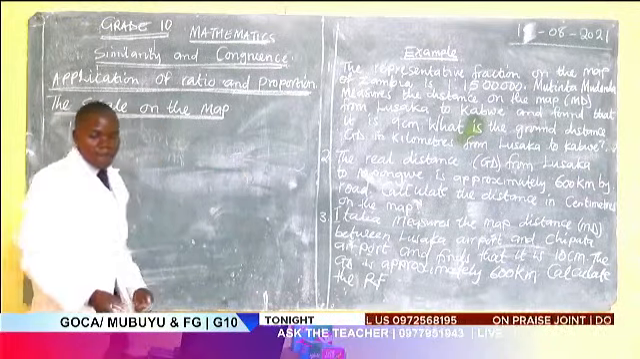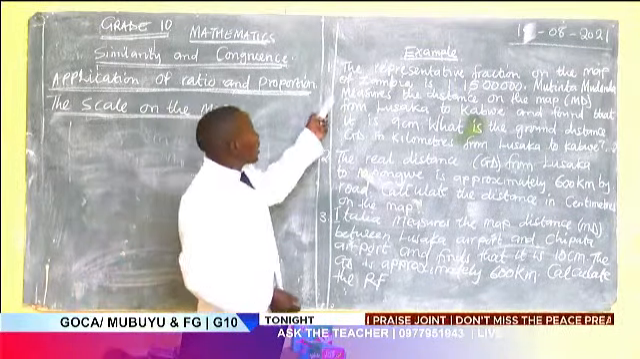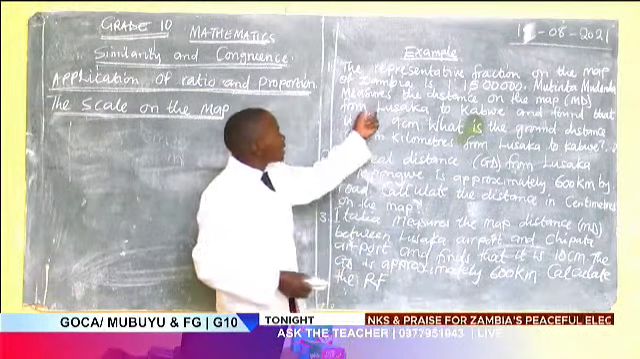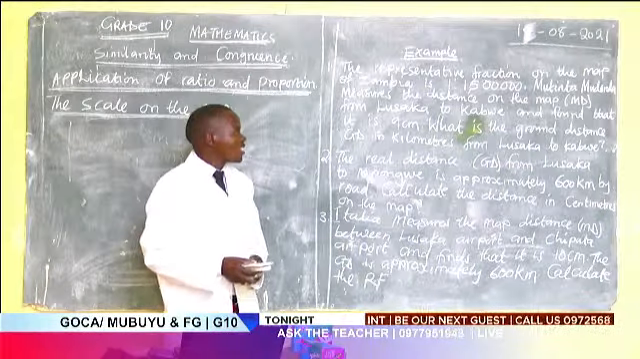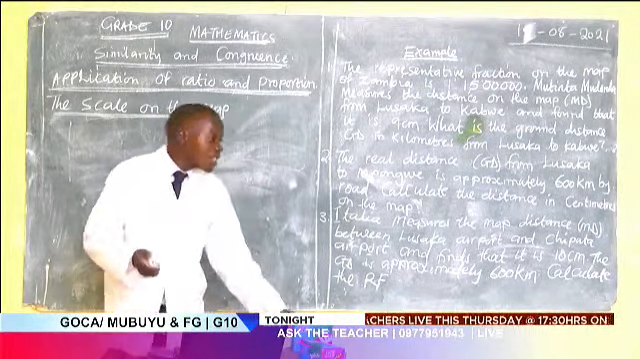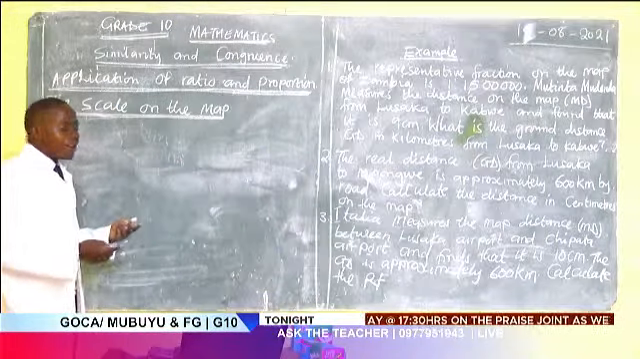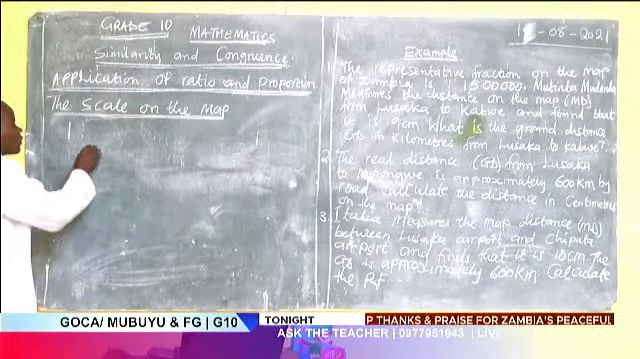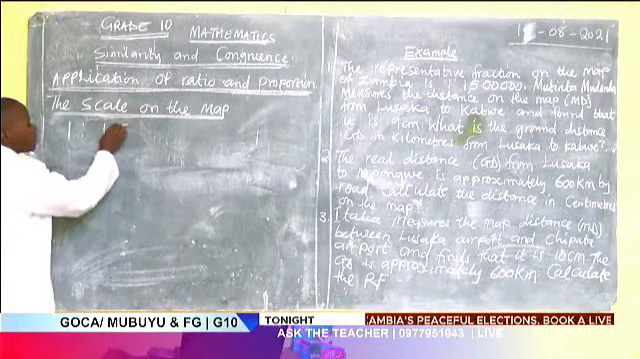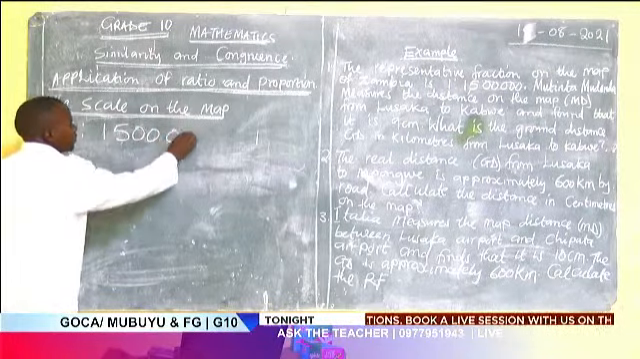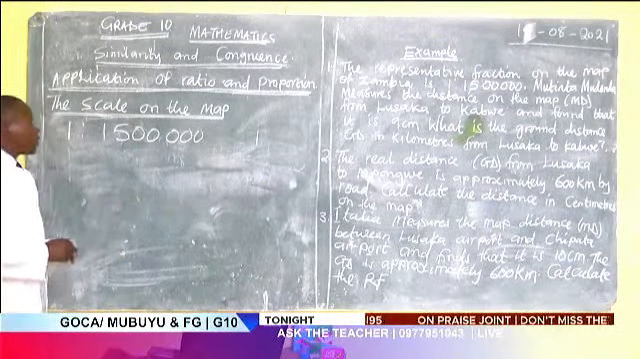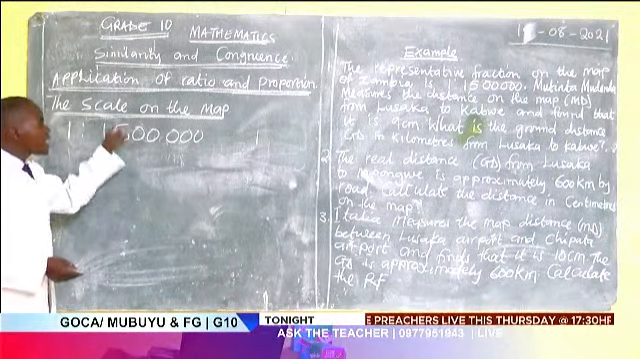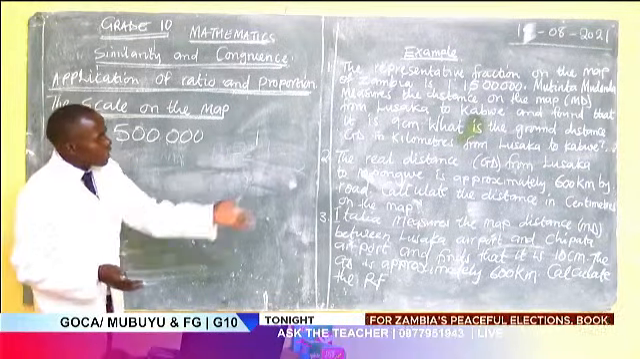So the first example here says the scale is 1 to 500,000 and the distance on the map is 9 centimeters. So we know that the representative fraction, which is RF, is 1 to 500,000. One centimeter on the map is equivalent to 500,000 centimeters on the ground. So for us to find the distance,